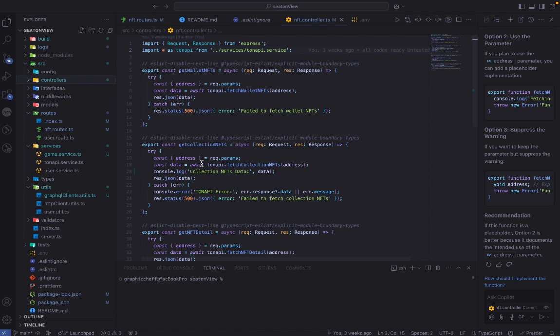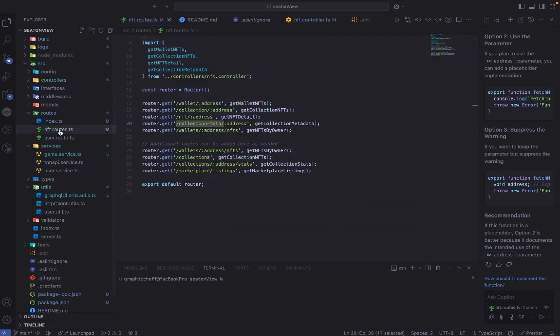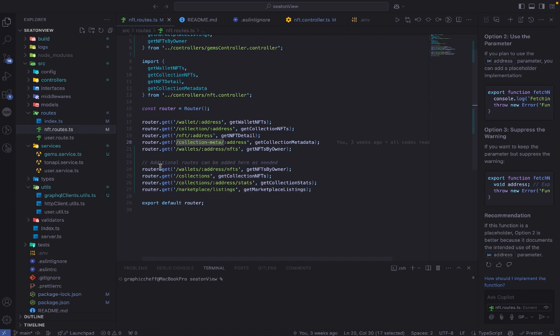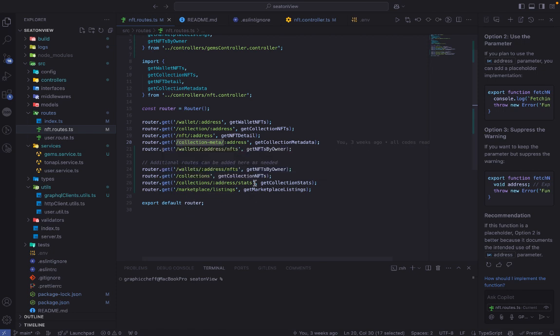So looking forward to this. I have my services, I have my utils, TON API services making calls to the HTTP clients and every other thing. Now these are my routes. I had to add additional routes because I was like, this is not working, I needed to get more details. The metadata wasn't really giving me what I wanted